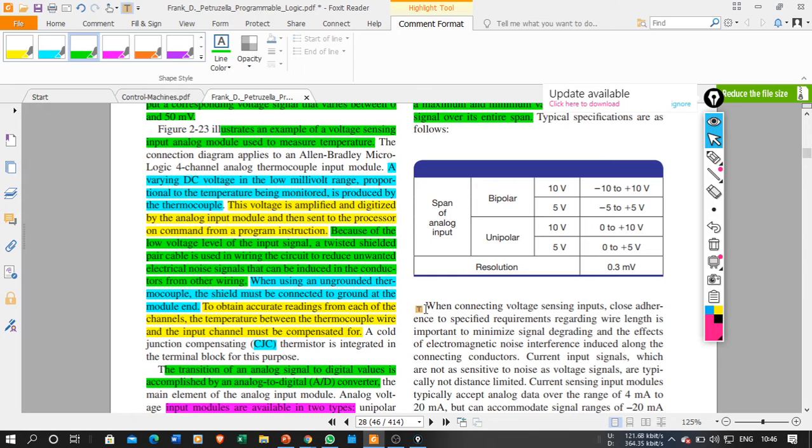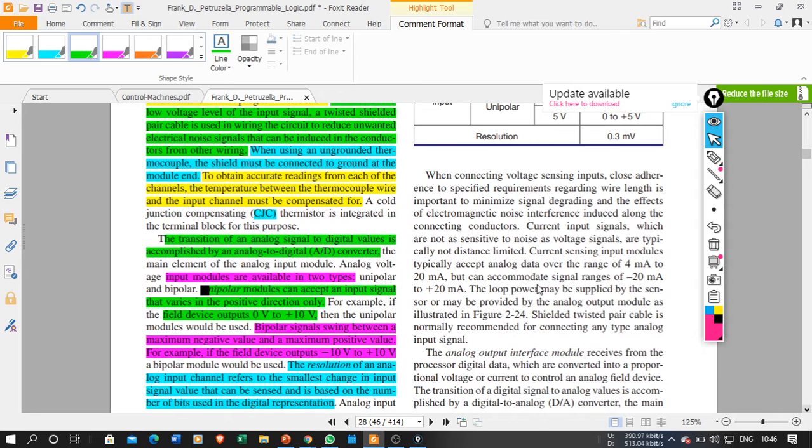When connecting the voltage sensing input, close adherence to the specific requirement regarding wire length is important. Okay, so if you are going to go for the voltage sensing, when connecting voltage sensing input, close adherence to the specified requirement regarding wire length is important to minimize the signal degrading and the effect of electromagnetic noise interference induced along the connecting conductors. Okay, so if I am going to use the voltage sensing type, I need to take care of this